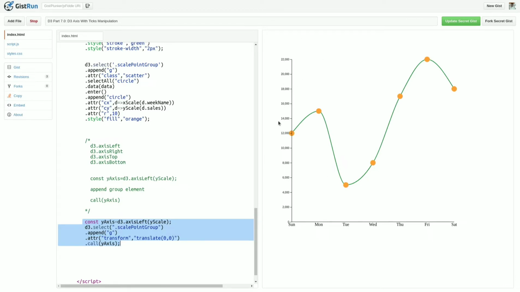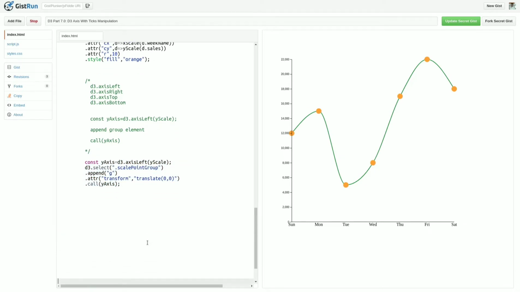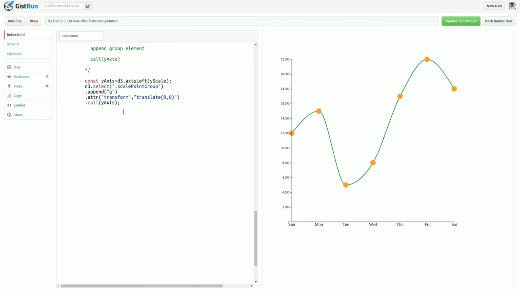Now if you want to provide style for these ticks, how can you do that? Here I want to provide the style. So dot selectAll text, dot style font-size 12px.